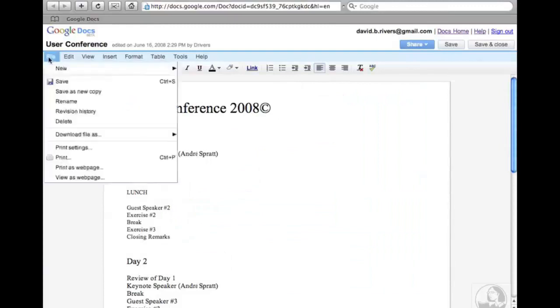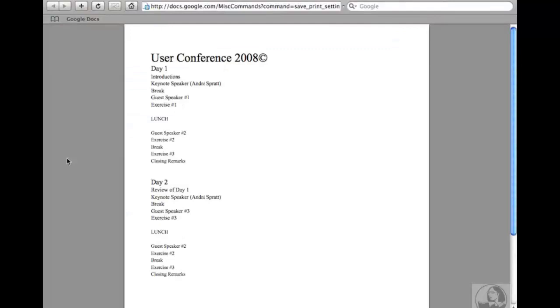I'm going to go back to the File menu and choose Print from here. And what this is going to do is actually start to create a PDF document. If you're on a Windows PC and you've got Adobe Reader installed, that's probably what just launched for you. I'm on a Mac, so I'm still in my browser, but really what I'm looking at is a PDF version